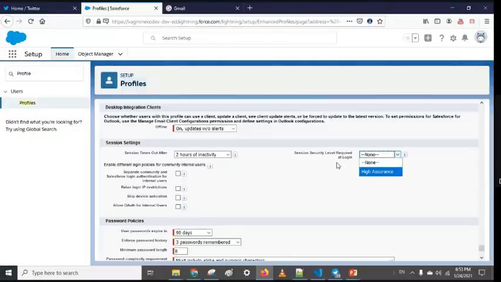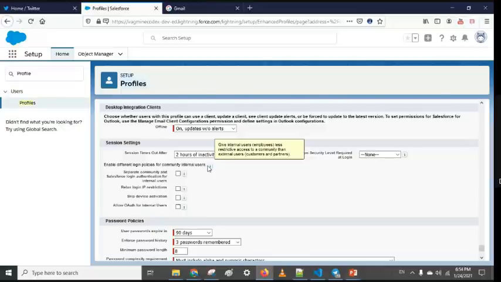Right now, when we log in, we enter a username and password. After that, if the device or the browser has changed, an OTP is sent to our email. After that, for the two-factor authentication, if you want to add an additional layer of authentication, then you have to enable this setting, high assurance. Whether you want a third level, fourth level, or fifth level, however many levels you want to add, you can add using this high assurance.